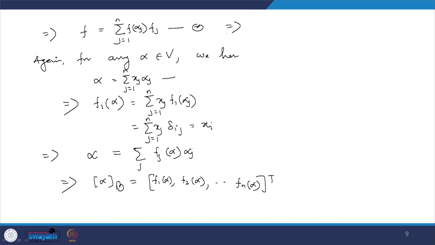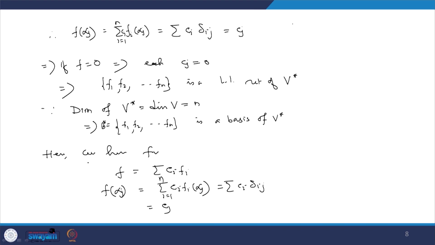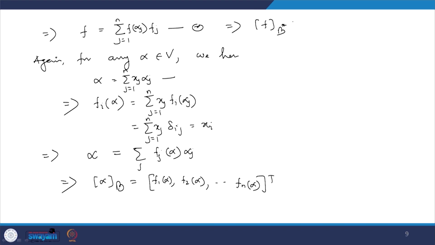This implies I can write down the coordinate matrix of f with respect to ordered basis B star equal to f of alpha 1, f of alpha 2, f of alpha n